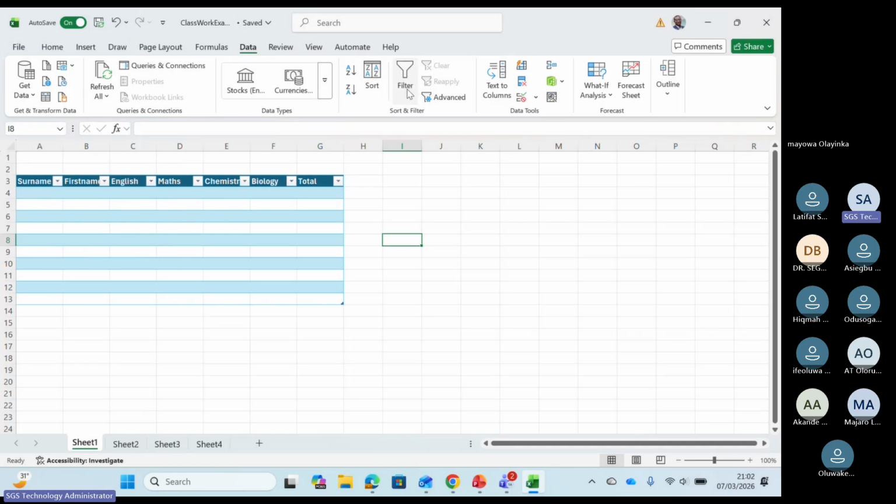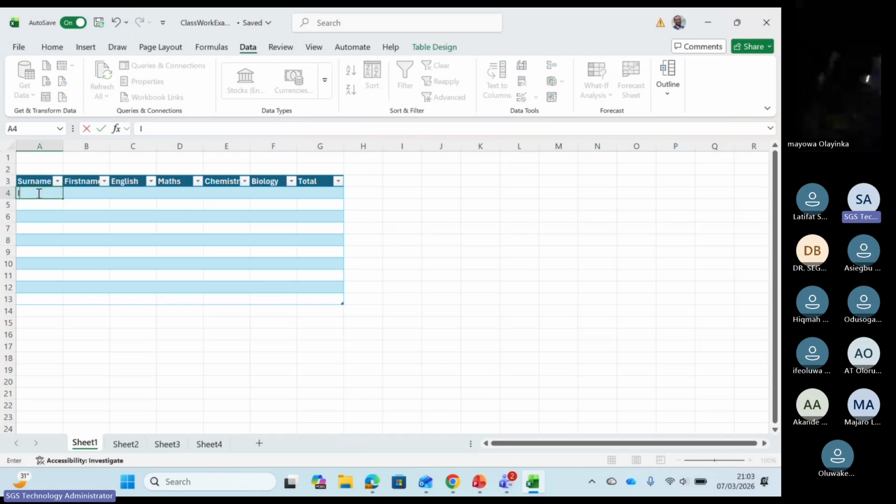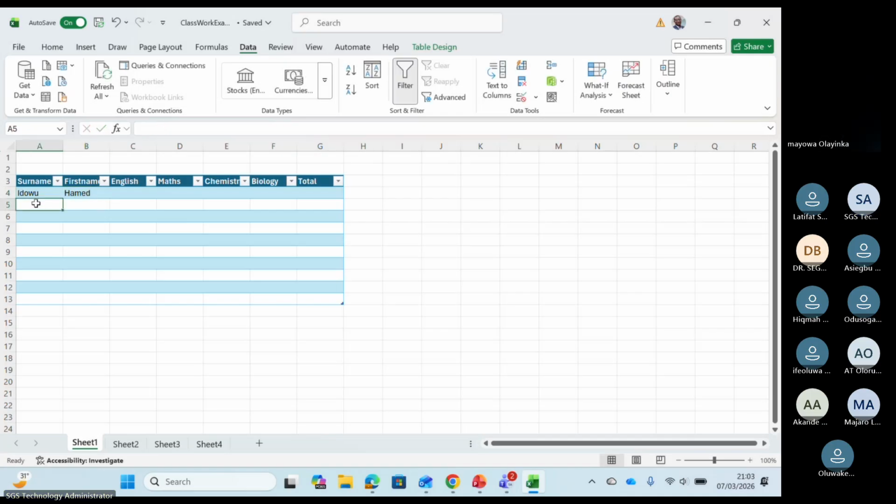You use filter to separate different items that have similar characteristics. For example, if we have Ahmed, then